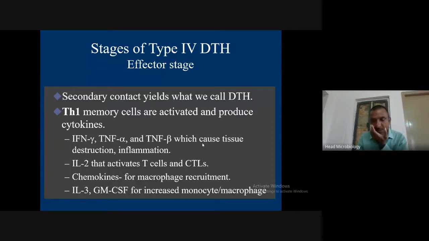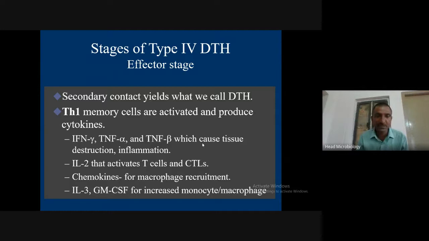Like nowadays, we are suffering from skin-to-skin contact, inhalation or airborne infections. These are completely delayed-type hypersensitivity. It will take around 72 hours or more. When we are affected by a foreign pathogen, it will be delayed. After 2 to 3 days it will be exposed to our immune system, and before 72 hours it will be replicating in our body.